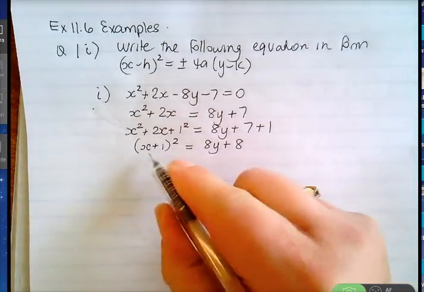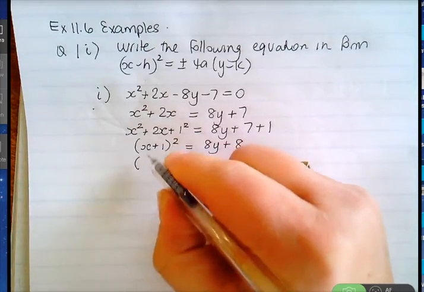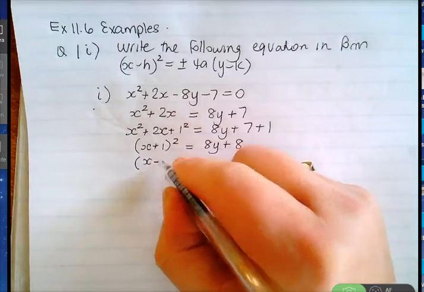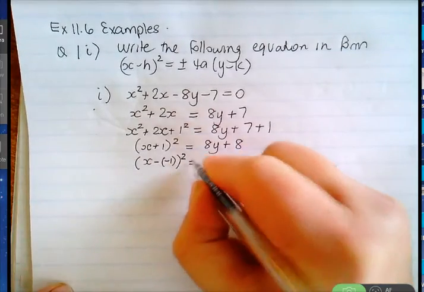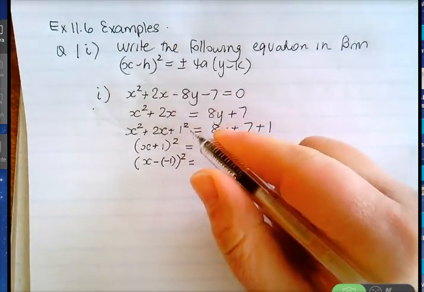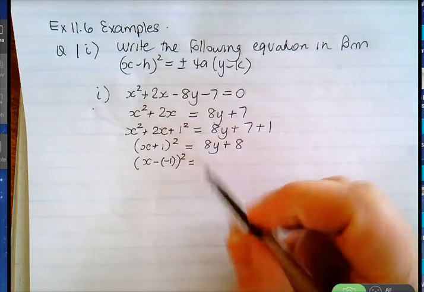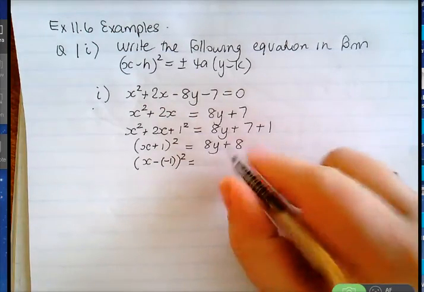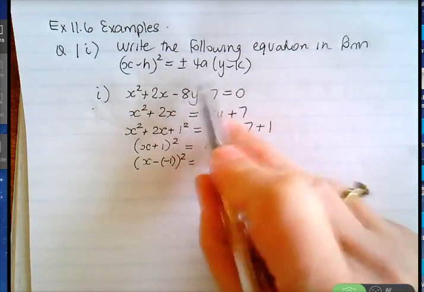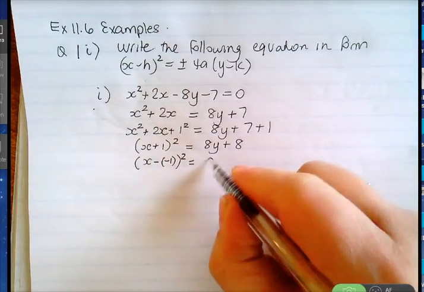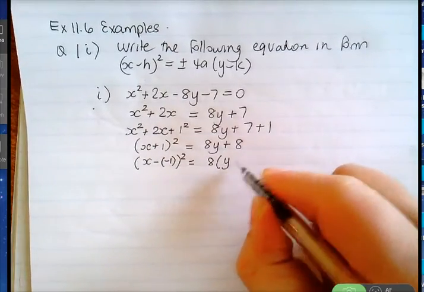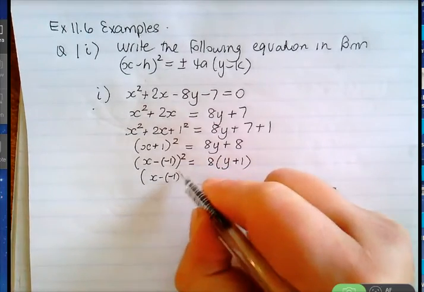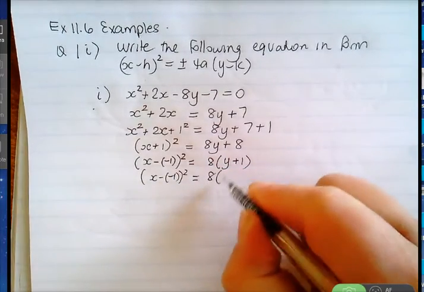Now, we want that really as x minus negative 1 squared. Are we okay with that? You can leave it as x plus 1 squared, but when you write it as x minus negative 1 squared, you can actually see the coordinates of the vertex a lot clearer. What do you think I should do up here to get it in this format? Factorize it. 8 bracket y plus 1, which is really x minus negative 1 squared equals 8 bracket y minus